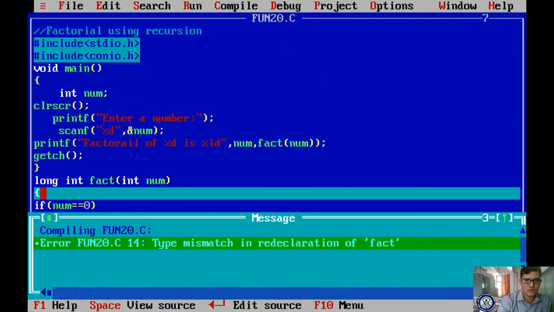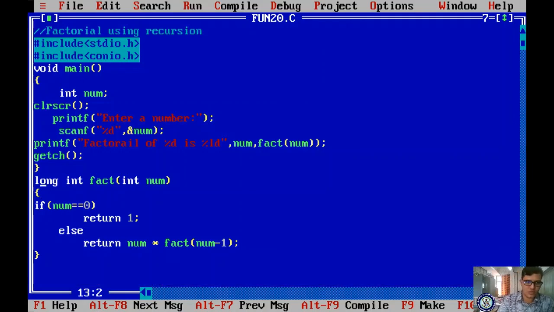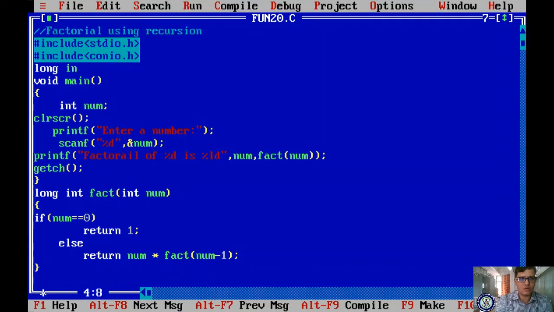It shows one error, a type mismatch of fact. So instead of that, let me declare the prototype here: long int fact of int num. Let me check whether it will work or not.